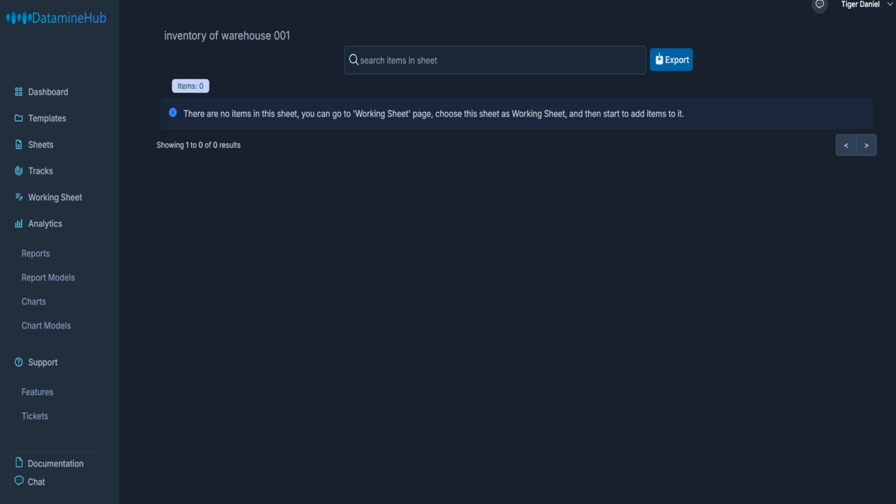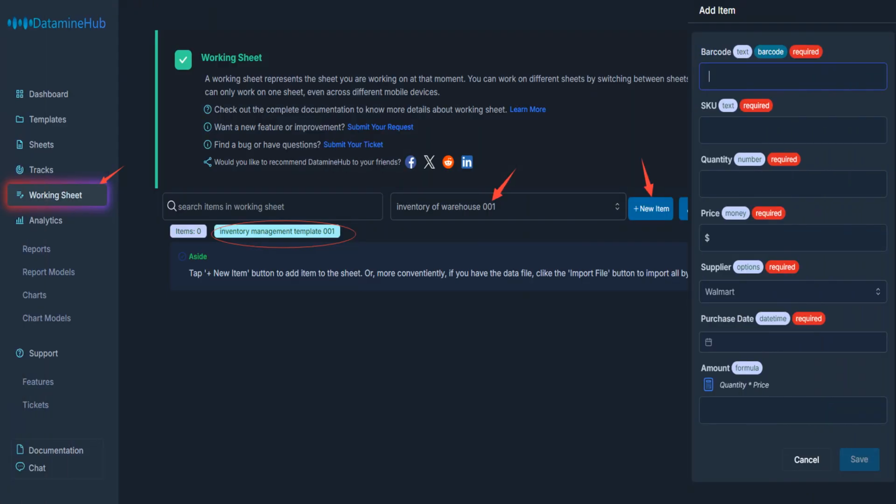When you are going to add items to a sheet, you need to go to the Working Sheet page first and select the sheet you want to work on. Now, select Working Sheet from the left menu, go to the Working Sheet page, and start adding items to the sheet. On the Working Sheet page, select the sheet we need to work on, such as in this example, Inventory of Warehouse 001. Click the New Item button, and we will see the Add Item window slide in from the